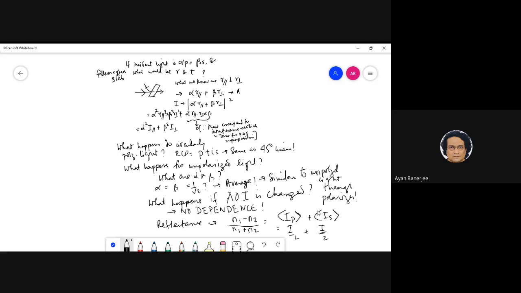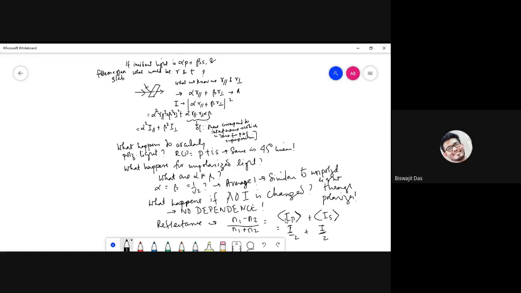In a polarizer, some part of it gets reflected back or something like that. What we typically see is that if you take unpolarized light and pass it through a polarizer, then you get half transmitted. So the other half must get reflected or something. Because quantum mechanically, it is just one state.